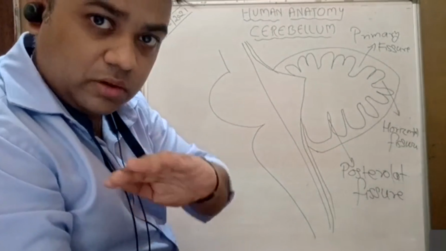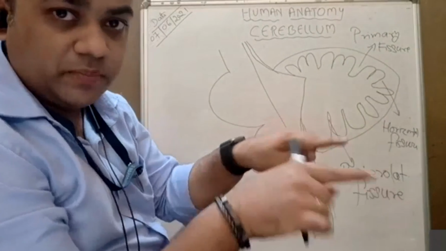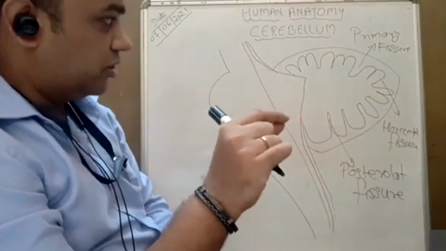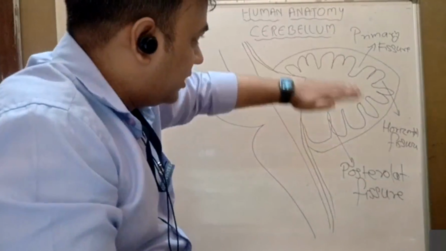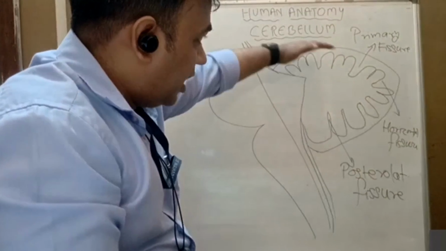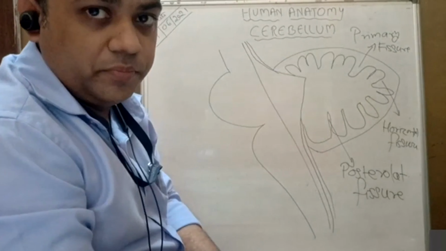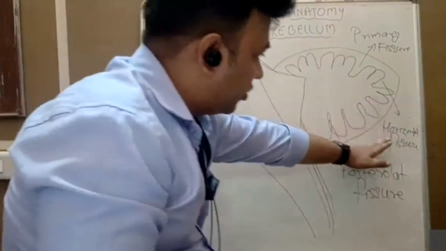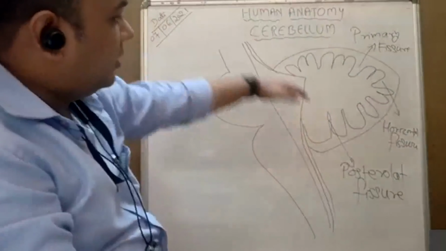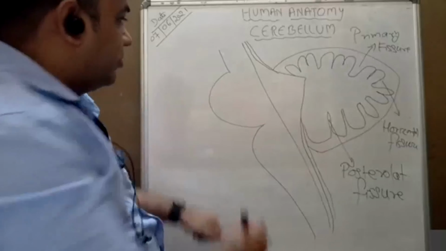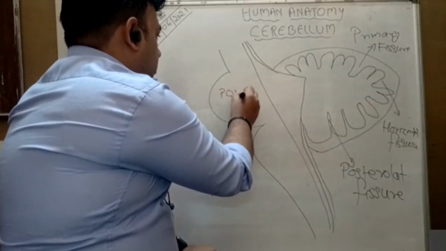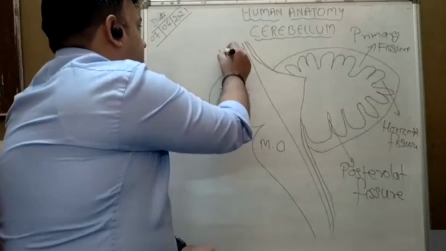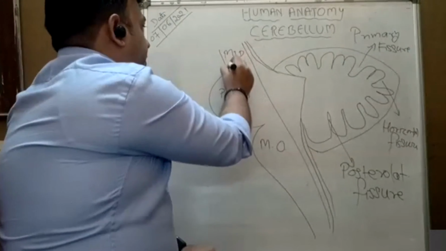So I have already told you what is the tentorium cerebelli during the description of the occipital bone, that is the transverse sulcus. So there is the attachment of the tentorium cerebelli. So this tentorium cerebelli is covering the upper surface of the cerebellum. Got my point? Okay. So tentorium cerebelli, the squamous part of the occipital bone, and anteriorly all these structures, fourth ventricle, pons. This is the pons. This is the medulla oblongata, and this is midbrain.